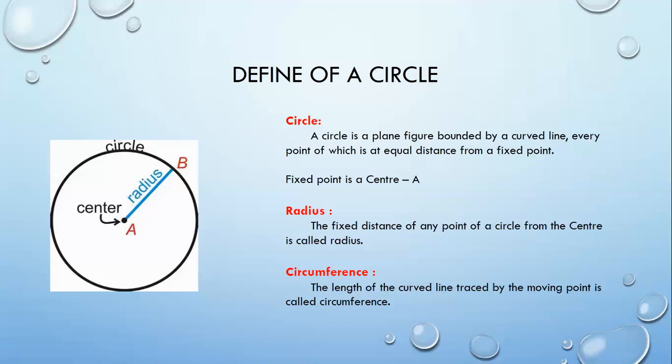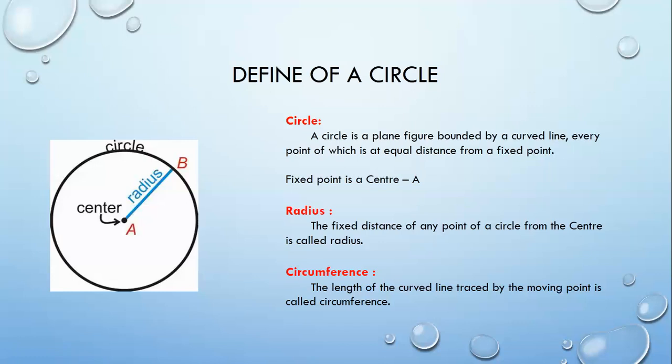Now what is radius? Radius means from the center to the point on the circle is a radius, that is the fixed distance. So this point, wherever you will keep on the circle, it will give you a fixed distance. So a point on a circle and the center is having a fixed distance, that is radius.